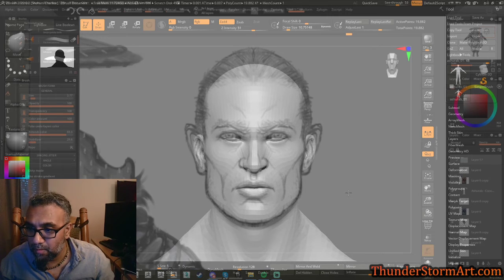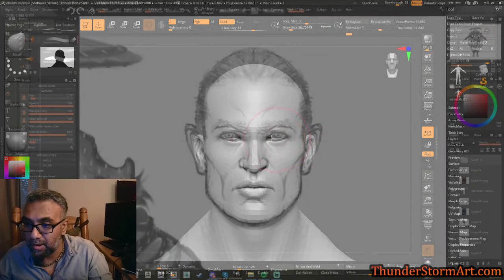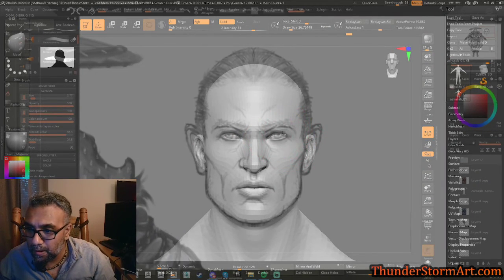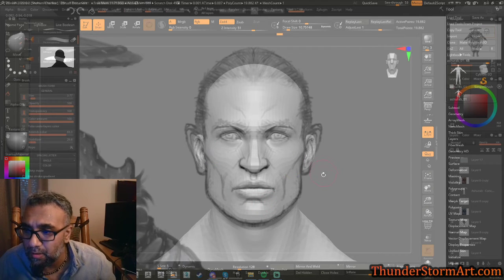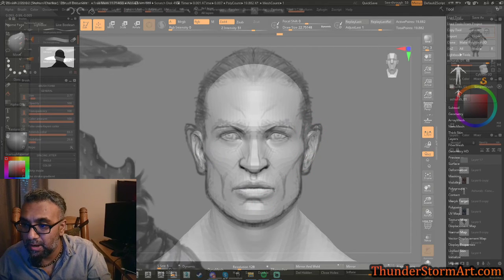Okay, so you need those eyes to be a little bit higher. Next, I want that nose forms to be a little bit wider as well. It's going to be a little bit wider, and we will need to actually look at this from other angles and apply our anatomical knowledge, of course. But for a start,